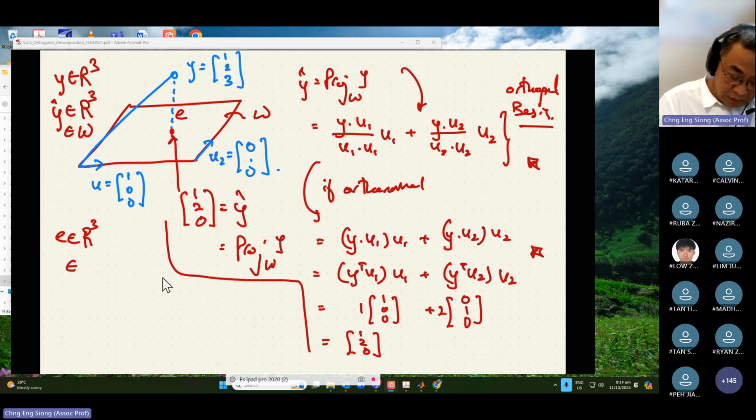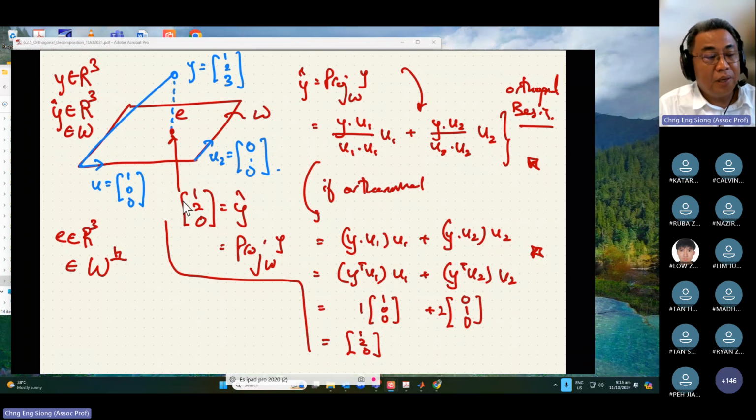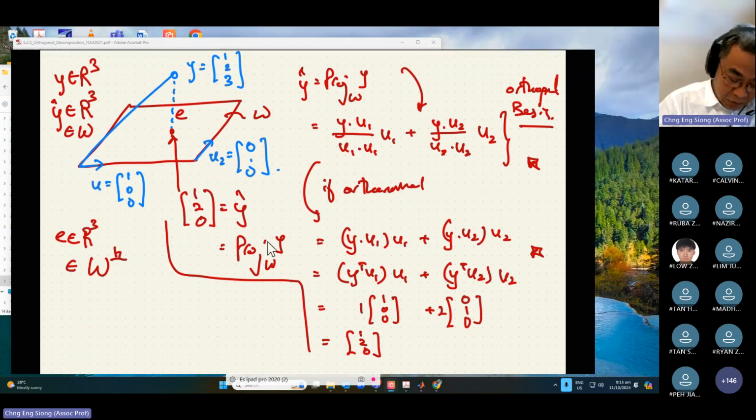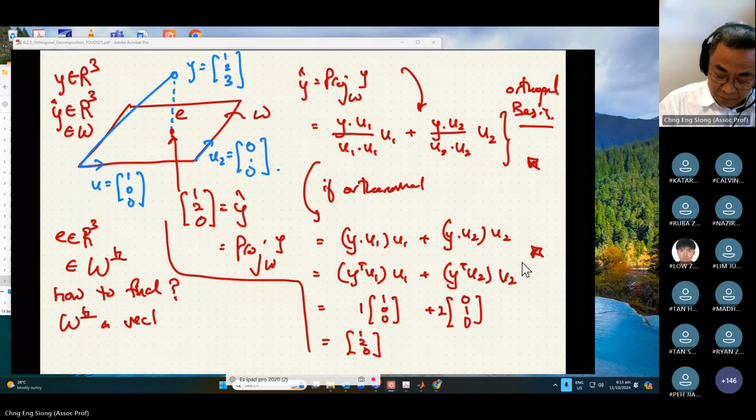Complement, very good. W perp, excellent. So if this is the space of W, where is W perp? How to find? So W perp is a what? A vector space also. Spanned by,